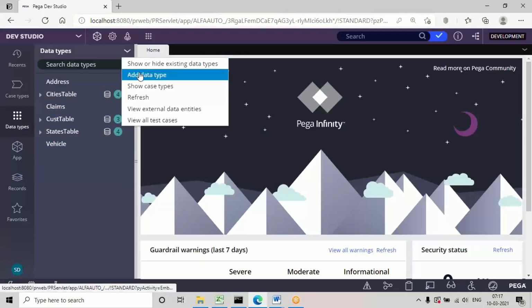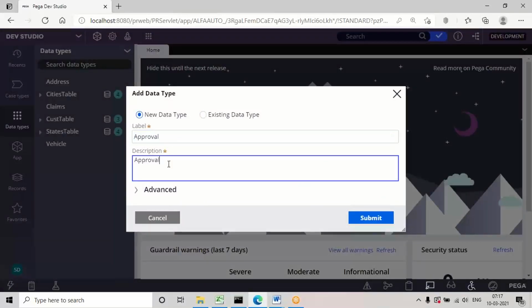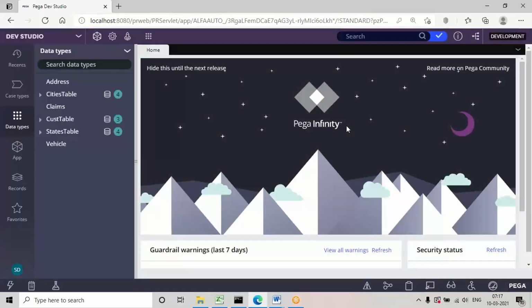So click on add data type. Okay, it is created under division level. So click on submit. Under the division data layer we are creating it.